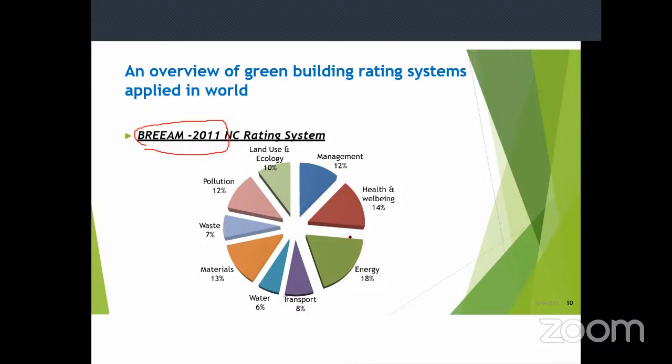4 ratings are there. And it is based on the total score that is got from the assessment. And this rating system is in the criteria. First is the management. Management carries 12%. And in the management, the different parameters or the